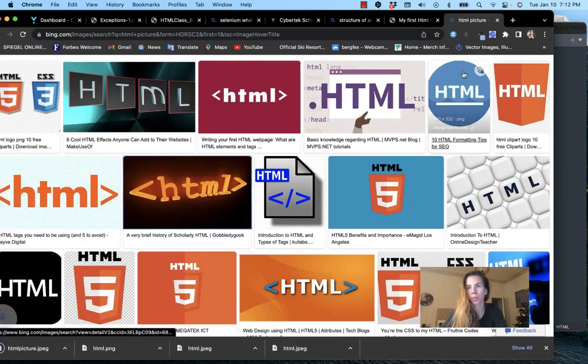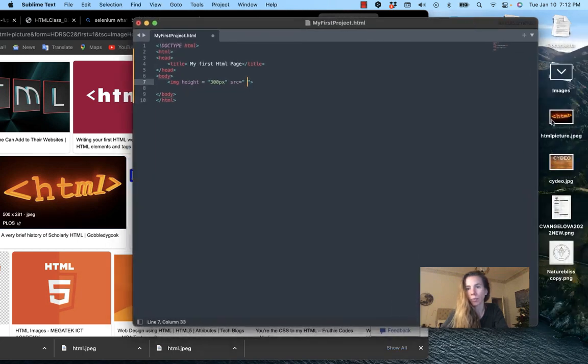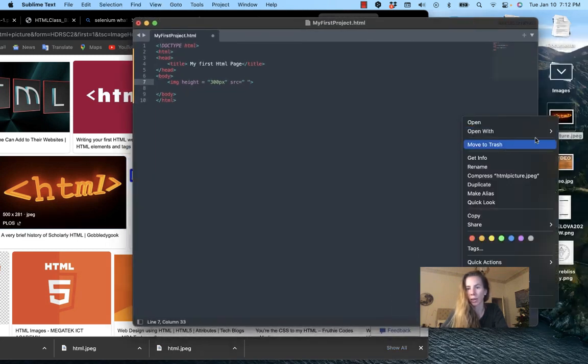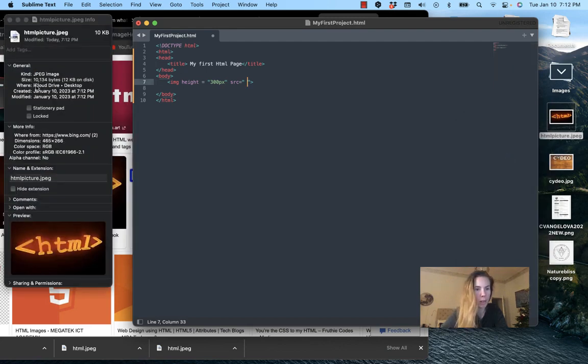Save. So now it's on my desktop. I go here, right click and go to Get Info. From the Get Info I find this "Where." I want to copy this path name, and this is where it's going to go, and then a slash, and I need to write my picture name. In this case it's HTML picture,